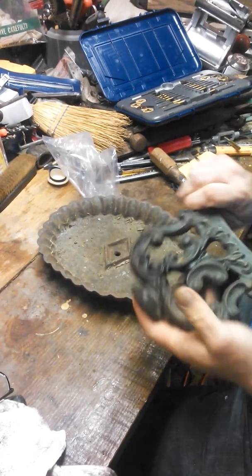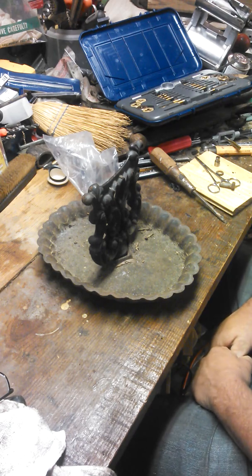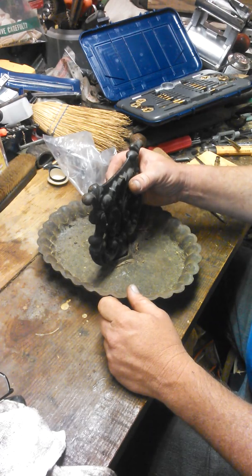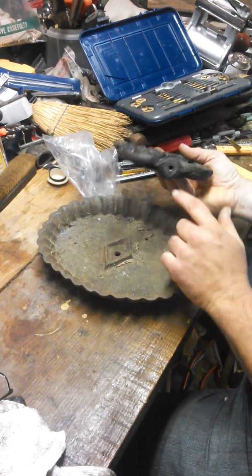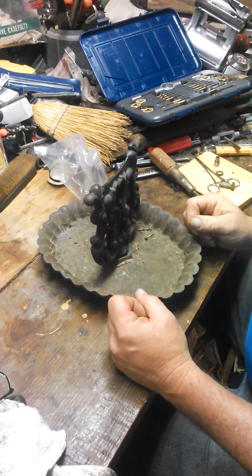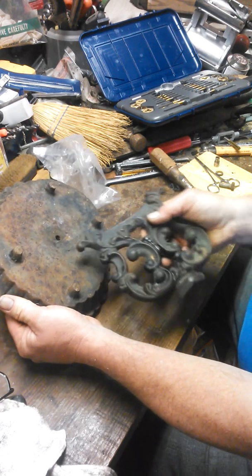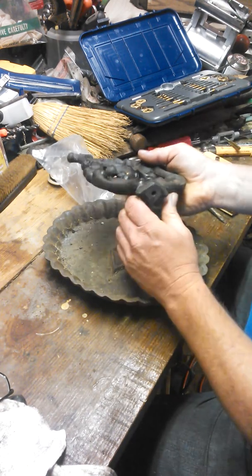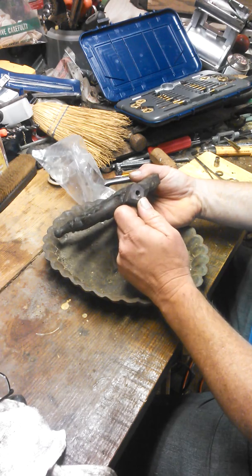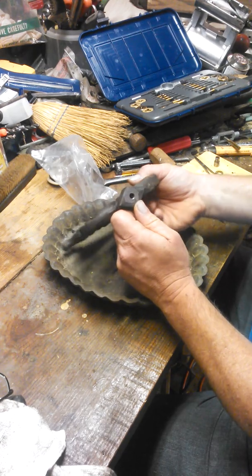I like fixing everything. This thing here, I found it somewhere online, and I didn't know what it was, but I thought it was pretty, so I got it. It had a little stub sticking out here, and I'm like, okay, it can't be useful because you can't bolt nothing to it. So I ground a little stud off, and it turned out it was a piece of a bolt. If I had paid attention, I might could have backed it out and put another bolt in it. But anyway, I drilled it out,